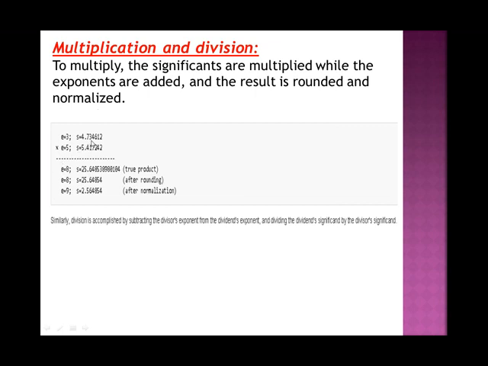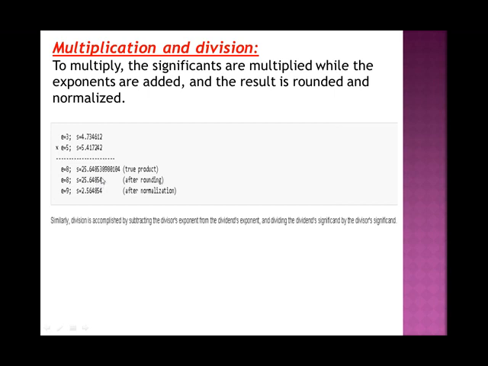This is your S equals 4.734612, 5.417242. Now multiply these. First of all, multiply the significant part. That is your 25. This is your exponent part, and add them. So 3 plus 5 is 8, and then multiply these terms. When we multiply, this is the output, and the exponent part is added. That is your 8. And round.